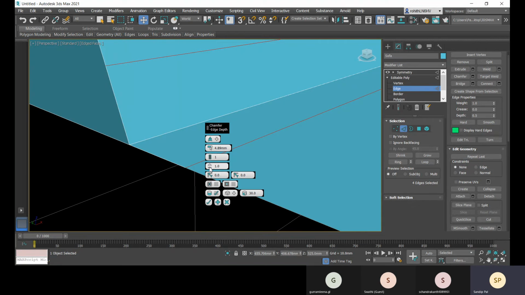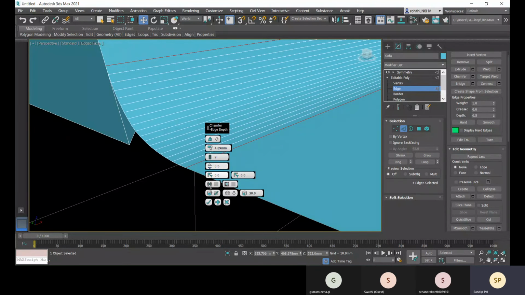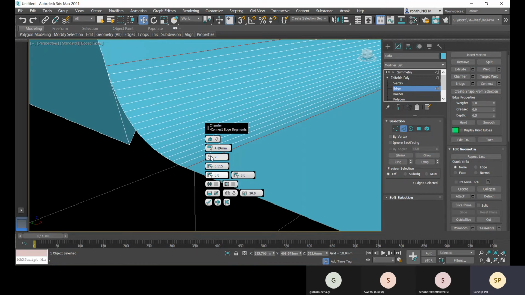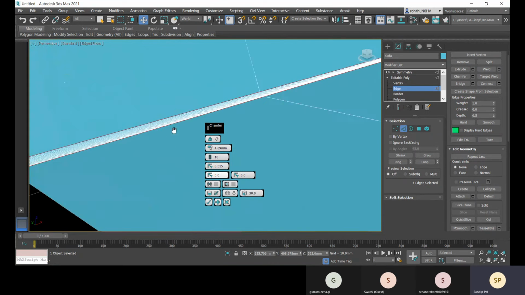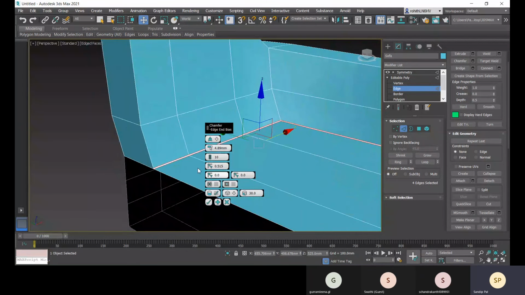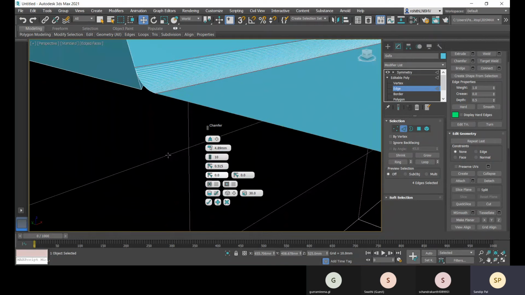So this will give you chamfer depth, and this will create like this. And this is the chamfer segments like this, and now you can give it a depth like this, and it will create a curve like this. Okay, with these segments, you can add more segments. You just see these things are added here, and you can give it more value.